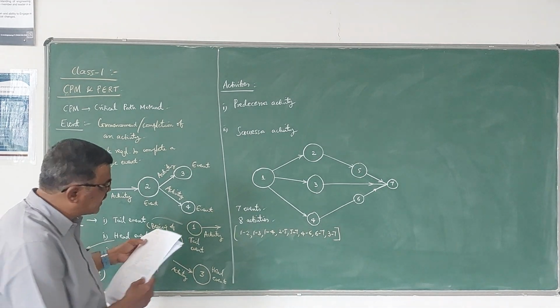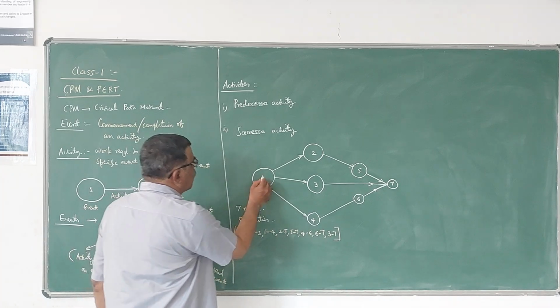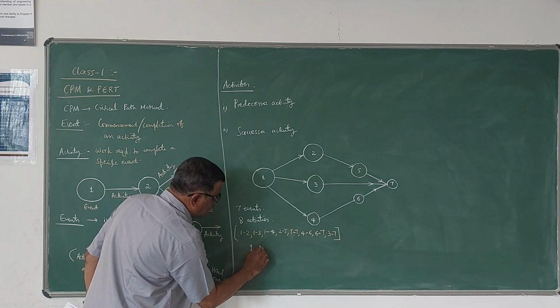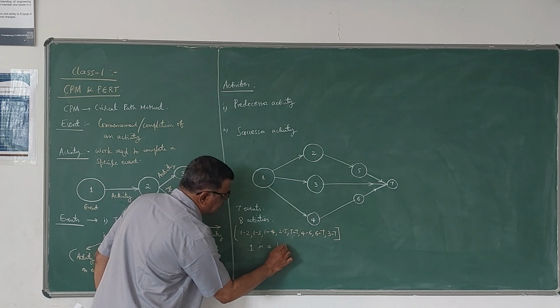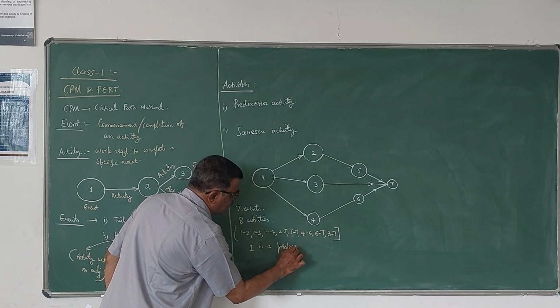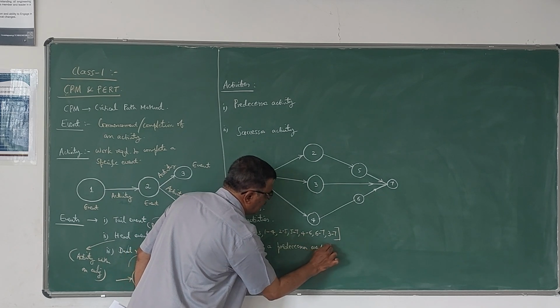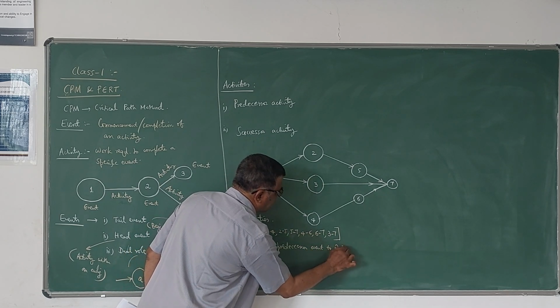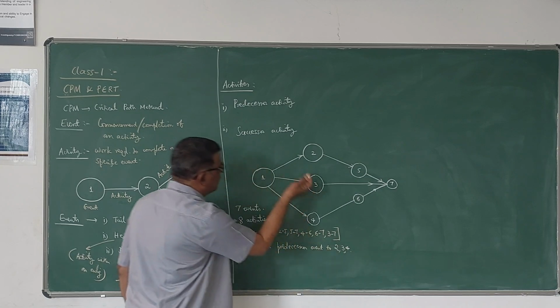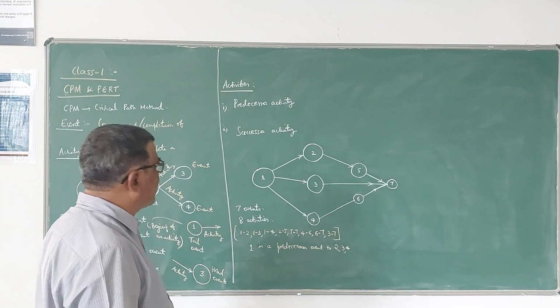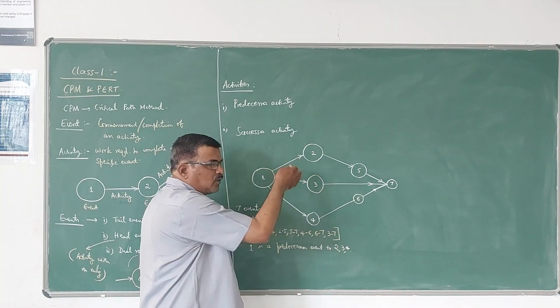So what you can say here is 1 is a predecessor event to 2, because only after event 1 is completed, then only you can go to event 2 or event 3 or